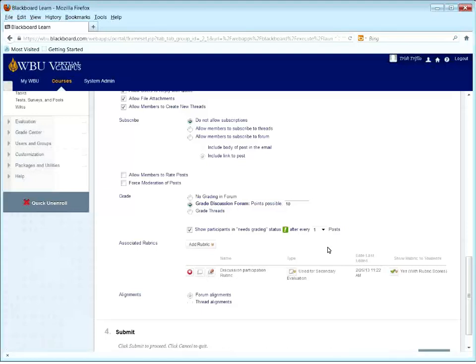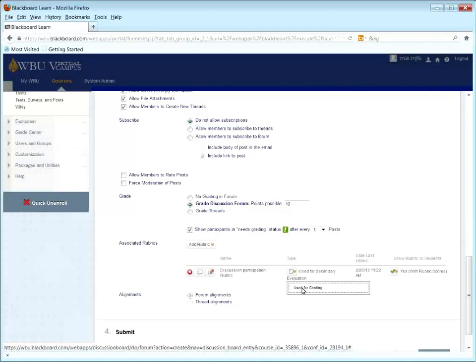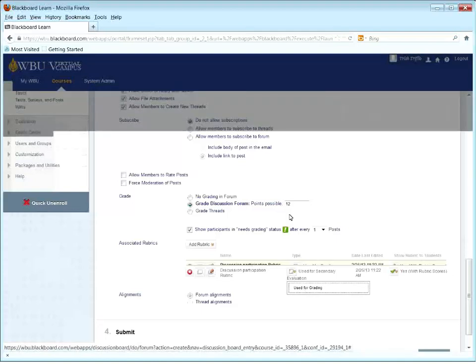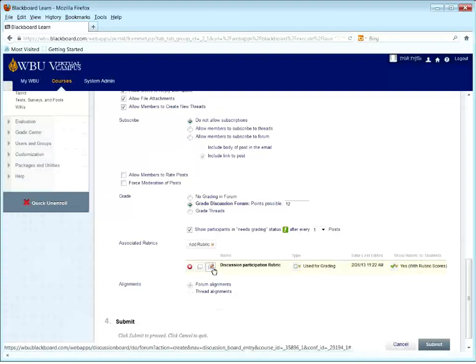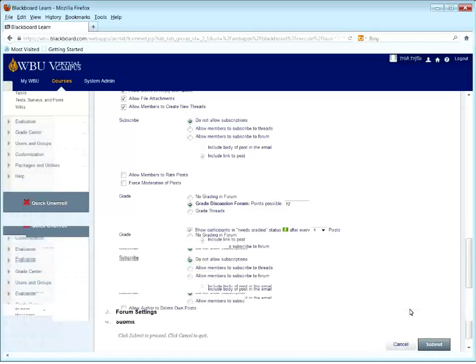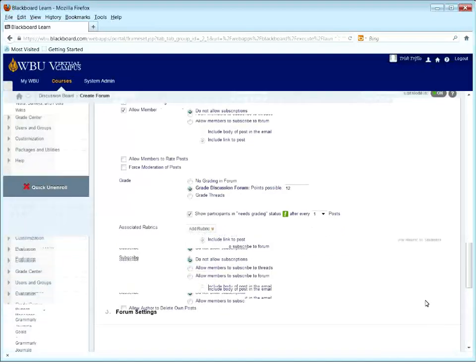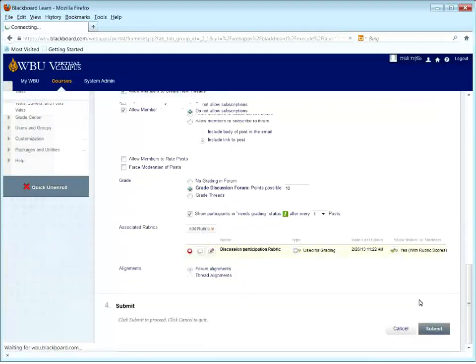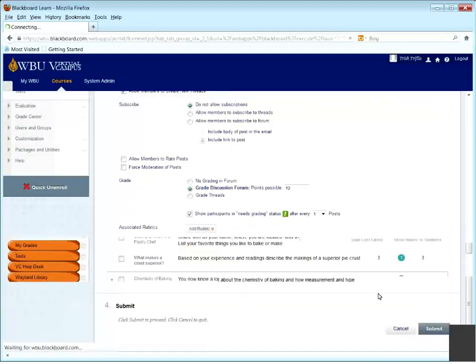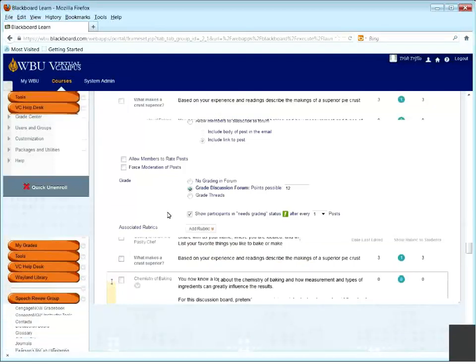So I'm going to use the discussion participation rubric. It should have changed it to 12 points. It's a 12-point scale. I want to use it for grading, so now it's going to update my points. That was where it was changed. And I'm going to submit. And when I submit, wanted to make sure I had everything listed there, it will be added to the bottom of the discussion forum